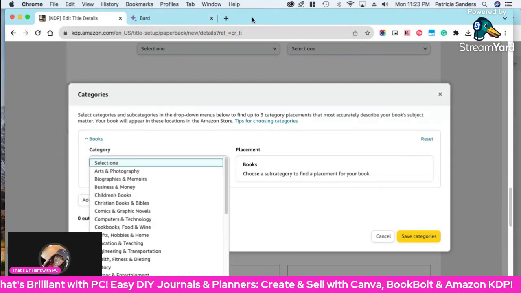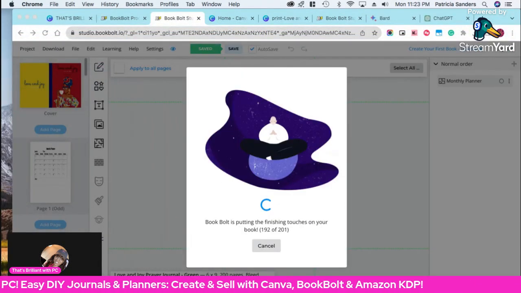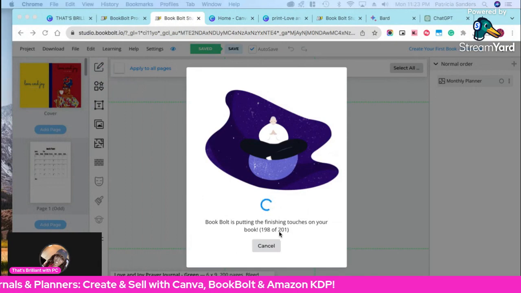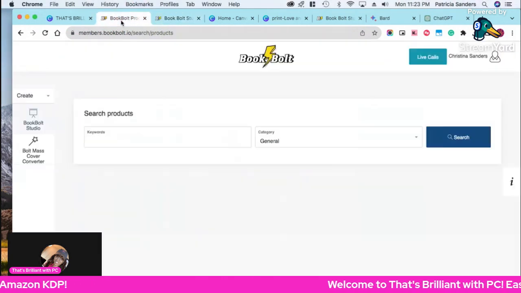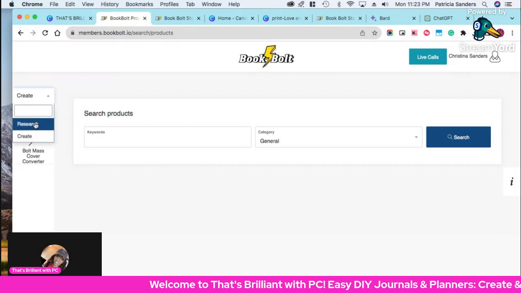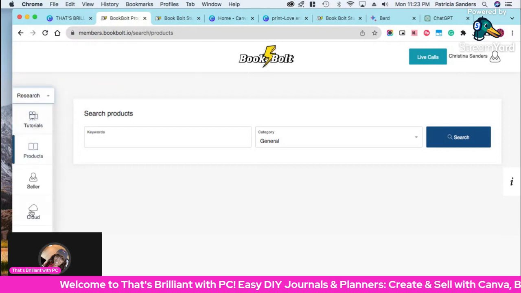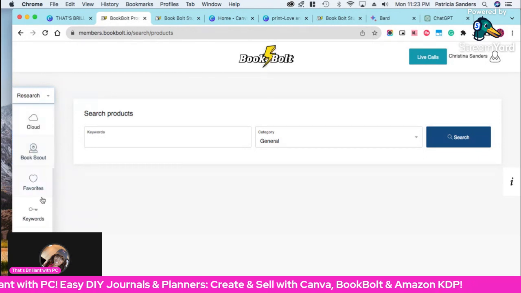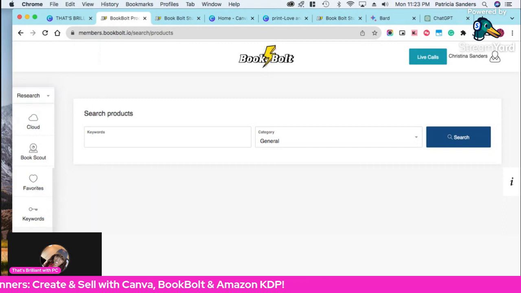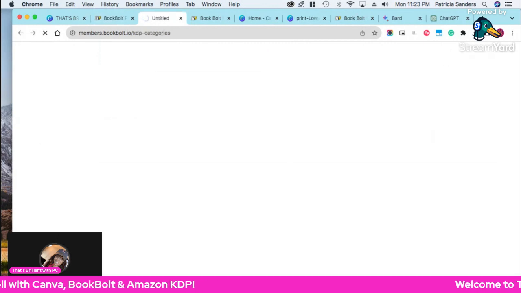Now, let me see if I can go back over. Oh, it's still loading. Okay, we're almost done. I was going to say let's go back over to BookBolt, but maybe it'll let me jump over here. Now, you remember when I said BookBolt has some extra research tools? For categories, I can go back over to BookBolt, click on KDP categories,